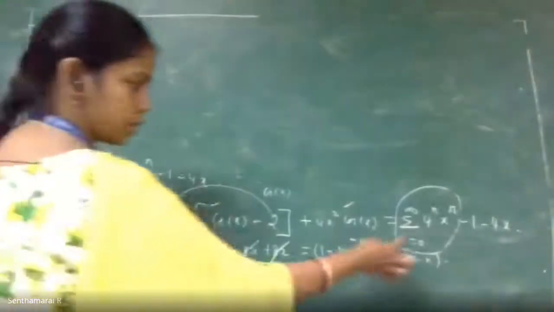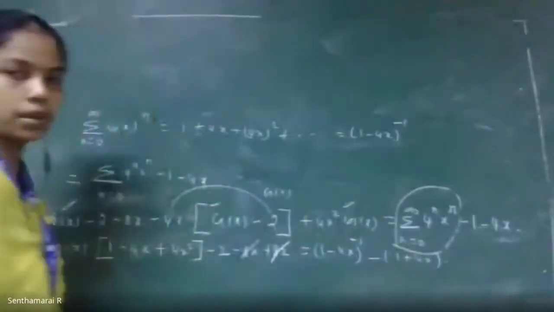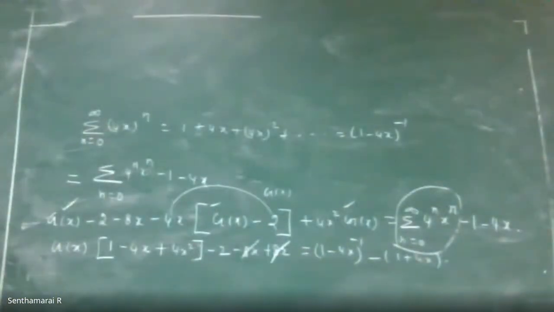Can you write the formula again, ma'am? Which formula? This summation? That's the summation for me. Minus 4x minus 1. The 4 formulas I wrote in the last class, all 4 formulas you should know to get the summation from the expansion, and the expansion from the summation. Both ways you should know. Then only you can complete the problem under the generating function concept.